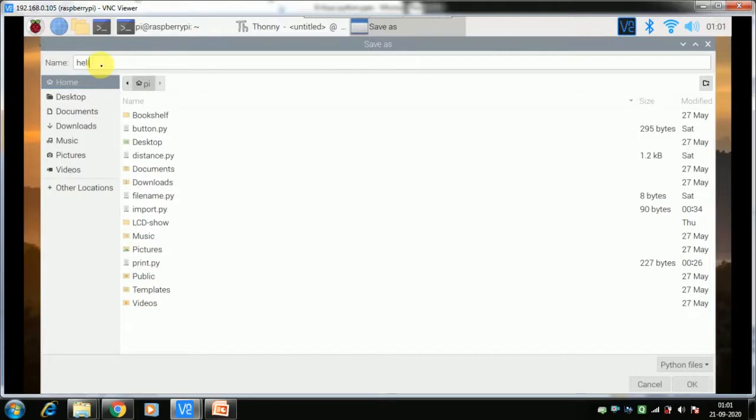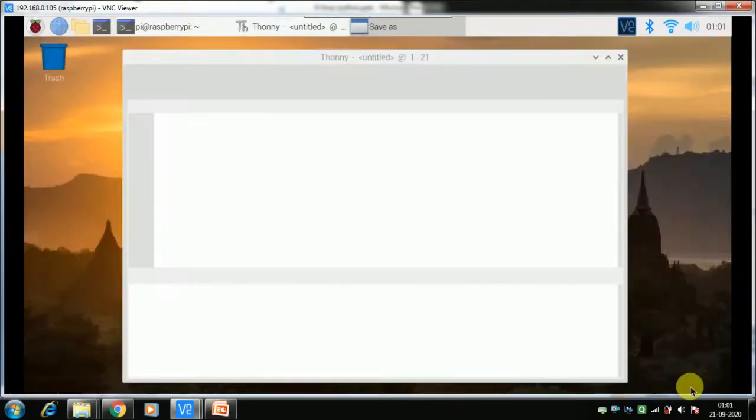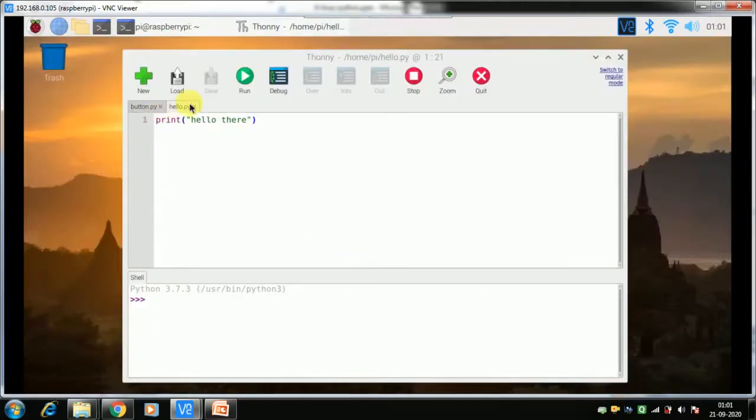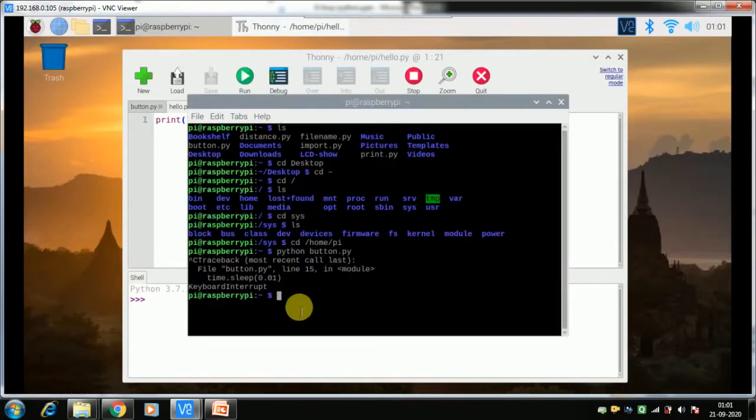Say the file name is hello, save as a Python file, and okay, it is saved there. Now we can go there and just type python hello.py. This will run. This is how it works.